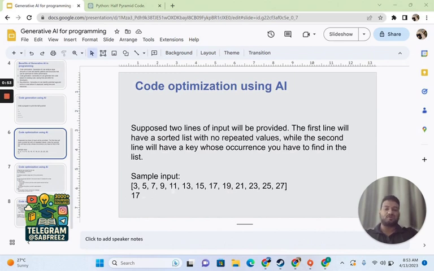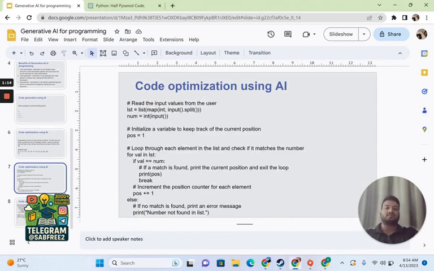If you do a visual observation, you will see that it is sitting at position number 8, but as an output you would get position number 7 because in Python the indexing starts at 0. This is how we will get it. So let's see how we can write a code to find the position. I have written a code.